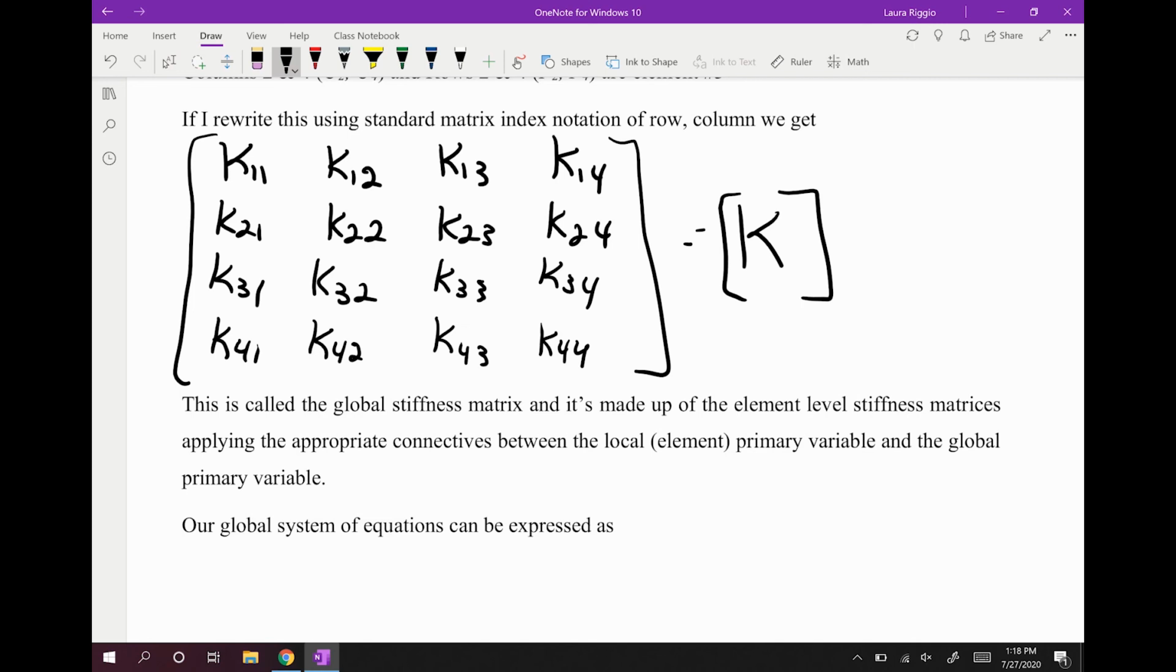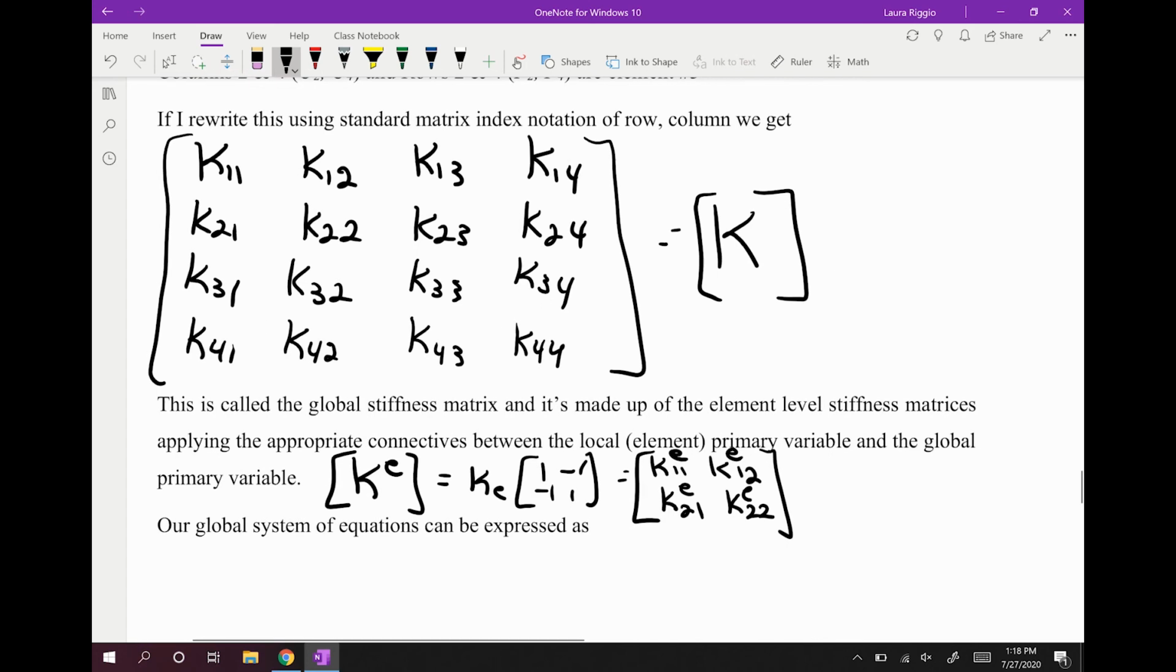Our element level stiffness matrices are called KE because, again, there's one for all the elements. And those are, again, our spring constant times [1 -1; -1 1], which is also written as KE11, KE12, KE21, and KE22,